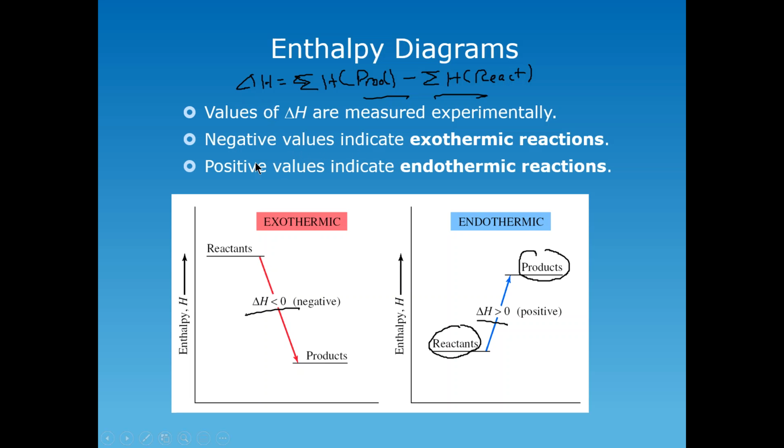The delta H values. Now, if the delta H value is negative, that means that the reaction is exothermic, which means that the total enthalpy of the products would be less than the total enthalpy of the reactants, right? So basically, as you go from reactants to products, energy is lost, and therefore delta H is negative. On the other hand, if delta H is positive, we're talking about an endothermic reaction, in which case the enthalpy of the products would be greater than the enthalpy of the reactants. So therefore, as the reaction progresses, energy would increase, and therefore delta H would be positive. Okay,